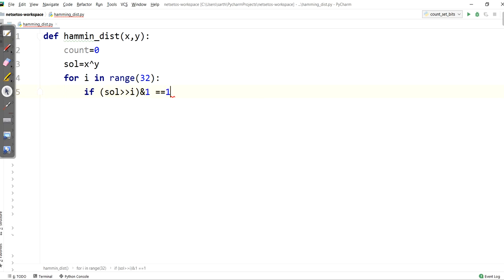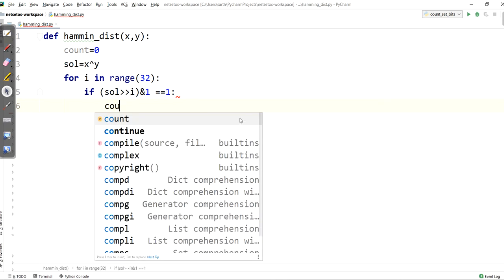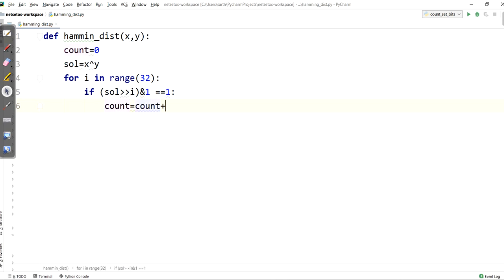If it is equal to 1, it should increment count by 1. Firstly it will shift by 0, then 1, then 2, up to 32 bits. As soon as it gets 1, count will be incremented by 1, and hence at last it will return the count value, which is the Hamming distance.